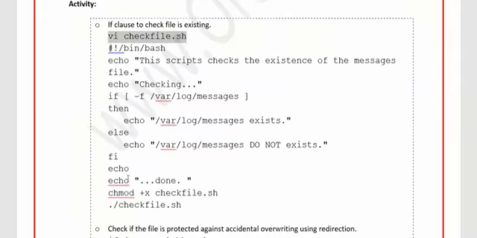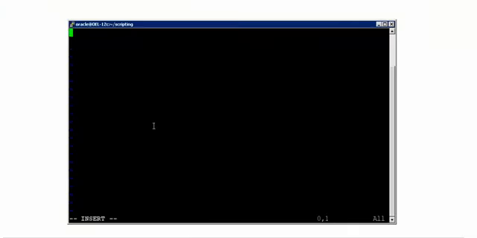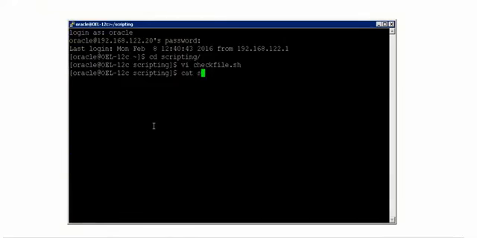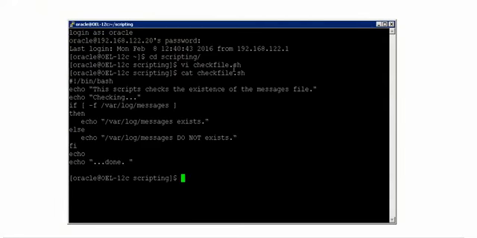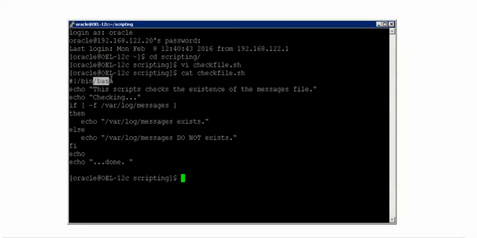So in this, I will write something like this and I'll explain after writing it so that you understand it better. And now I will cat this. Alright, so what is the script that I have written? I'm telling that this script has to be executed in the bash shell, that's fine. And I'm just echoing a message.